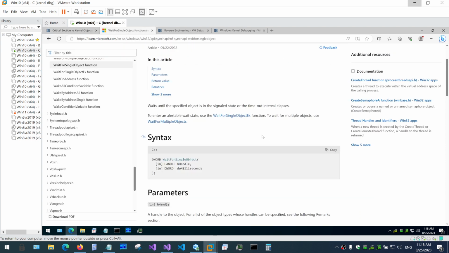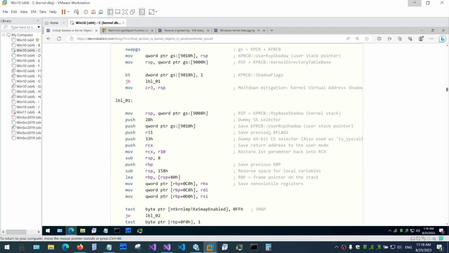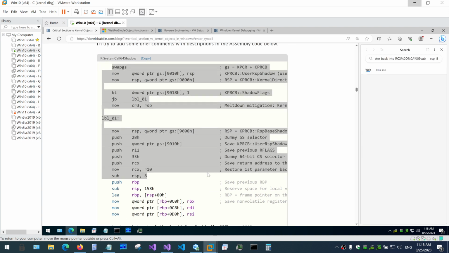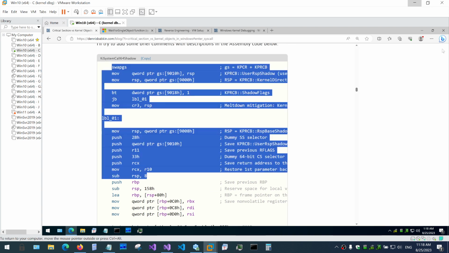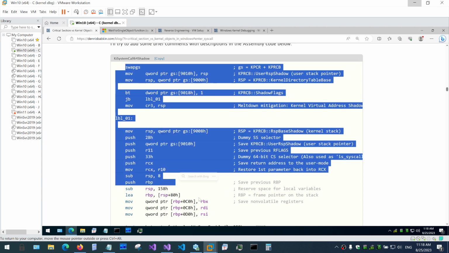And in the same vein, let me continue. We need to see what happens inside and how I got to all of this, when I got to the actual assembly code that is executing in the kernel. Oh, sorry guys, this browser is just pissing me off. But anyway, how did I get to all this